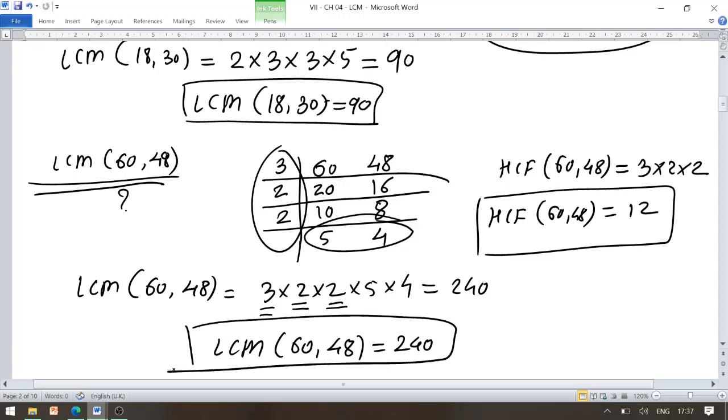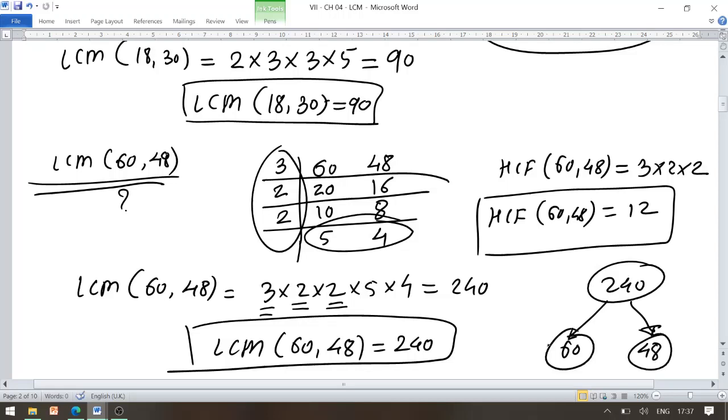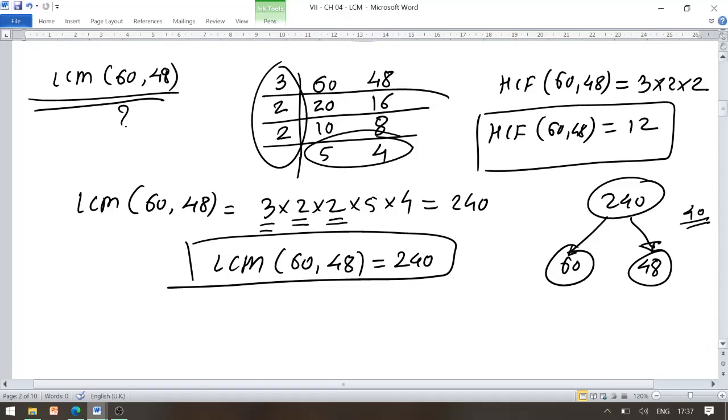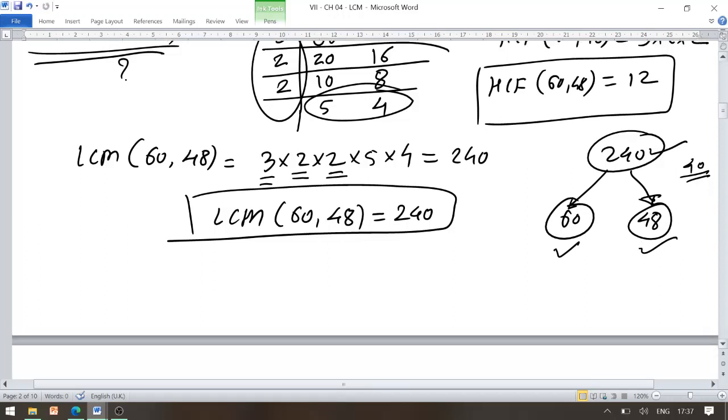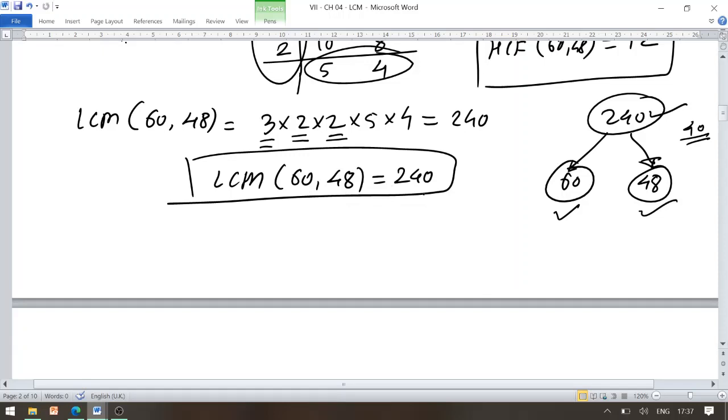That means 240 is the least number that is divisible by 60 and 48 simultaneously. Keep in mind, try to divide 240 by 60. We get 6 fours are 24, so our quotient is 4. Similarly, try to divide 240 by 48, and you will get a quotient there. So 240 is the least number divisible simultaneously by both 60 and 48. So the LCM of 60 and 48 is